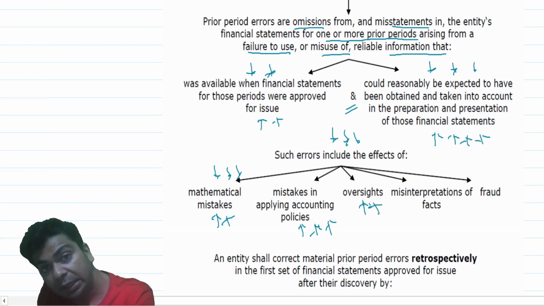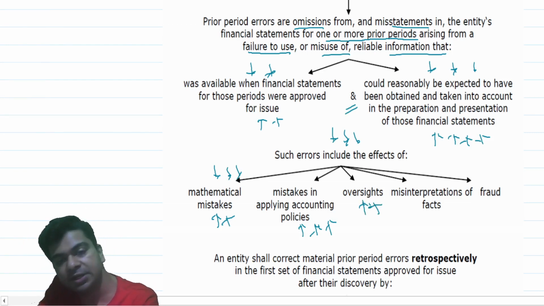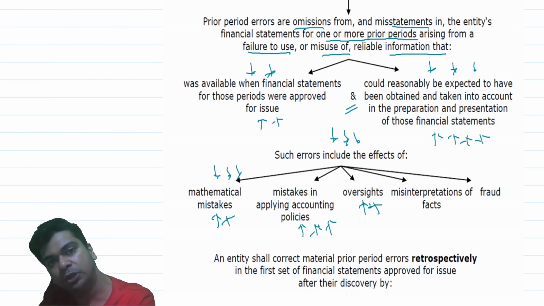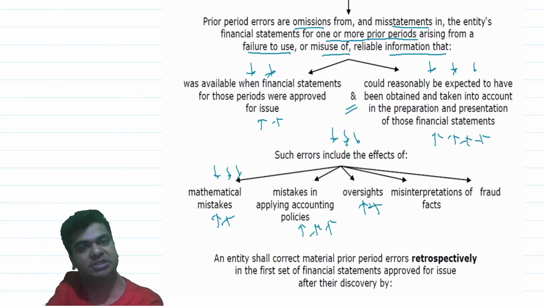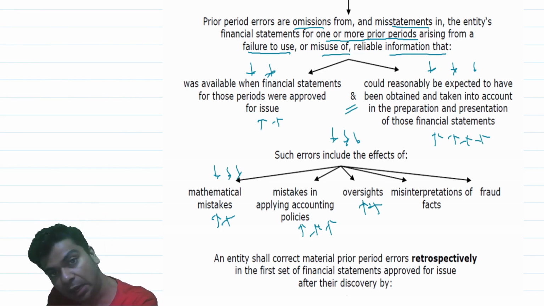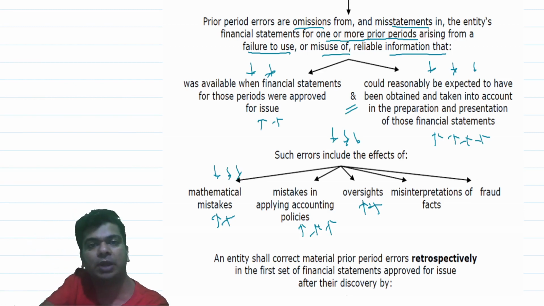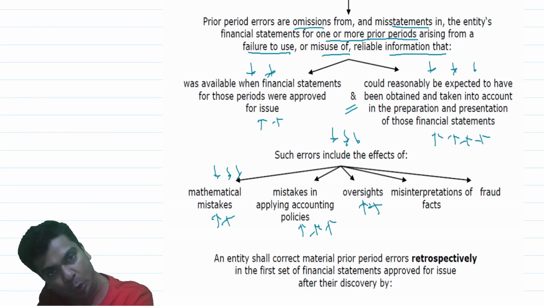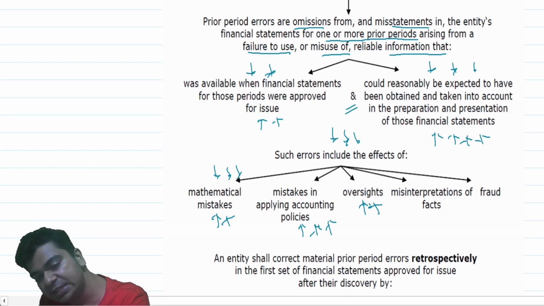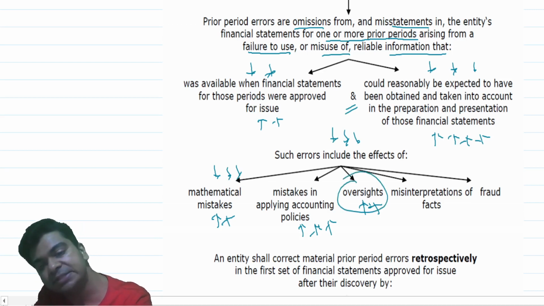Oversight. Okay, there were certain vouchers, right? Let's say there is a large number of purchases which were made during a month. The accountant was feeding the data in the software, voucher after voucher, and he is turning the pages. By mistake, the accountant turned two vouchers together. One purchase was omitted to be recorded. I can say that this has happened because of an oversight.